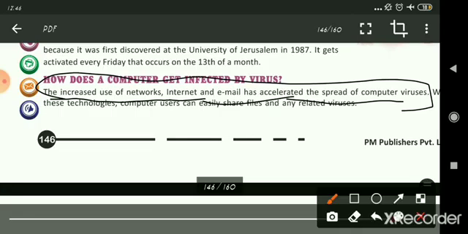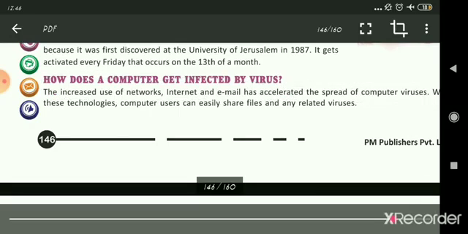Because we are using networks, mobile phones, and laptops, we are doing online work nowadays. Internet, email, every person is using emails, sending files to other people, sharing files with mobile phones, online shopping, classes, education as well. So in all these things, what happened? The virus spread easily to the computer system with that file.